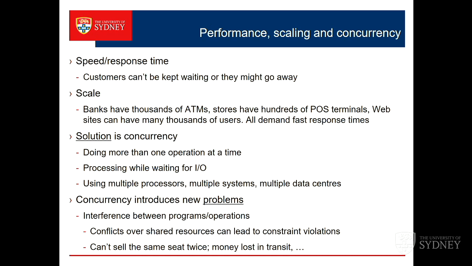So I'm not sitting there twiddling my thumbs while I wait 5 milliseconds for something to come from a storage server. If I have to wait, someone else has jumped in and is taking the processor and using it. So I'm getting maximum usage of my computational resources, and I can use multiple processors on multiple systems. Great. The solution to getting scalability and high performance is concurrency.